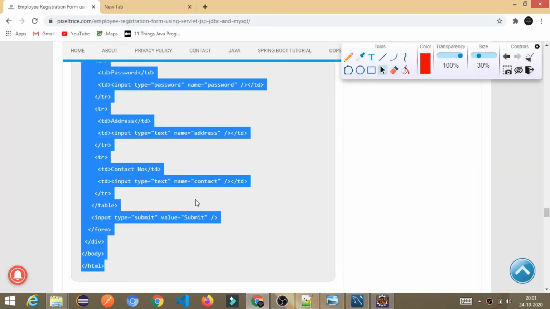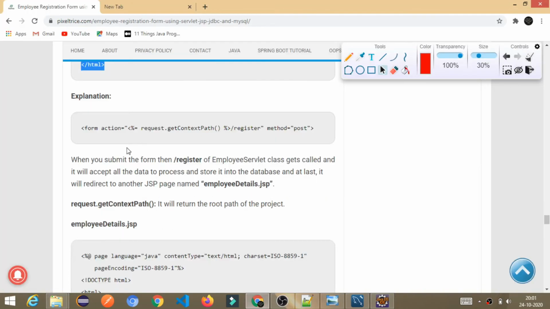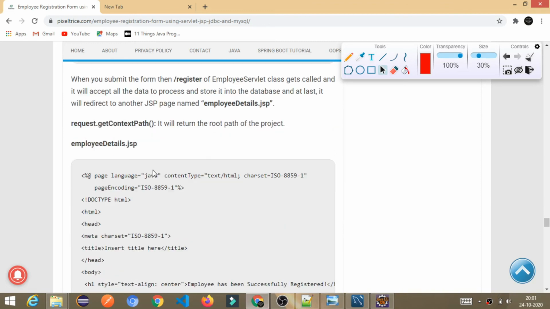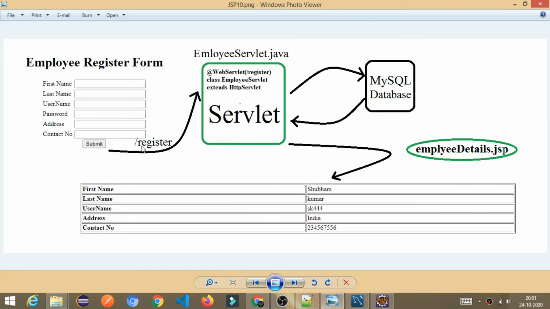So let's come here, and here I explain all the things you want. Just go through this employee details.jsp. Once a request comes here and the data is saved, it will call the employee details.jsp. So let's create this page also.